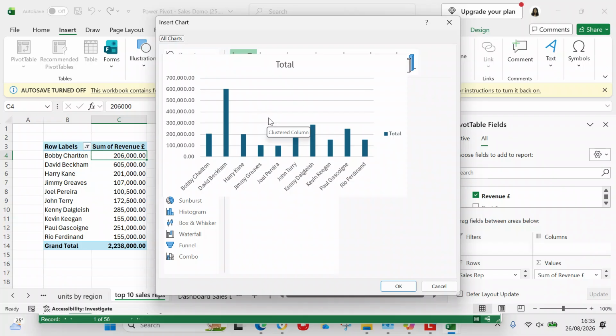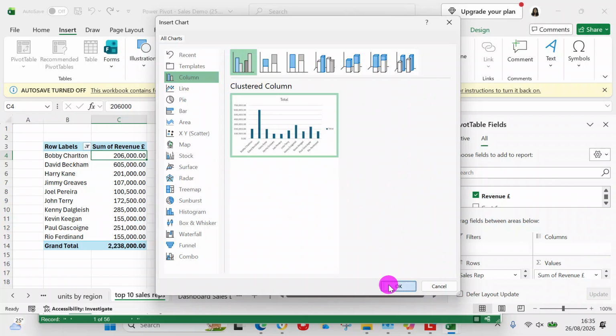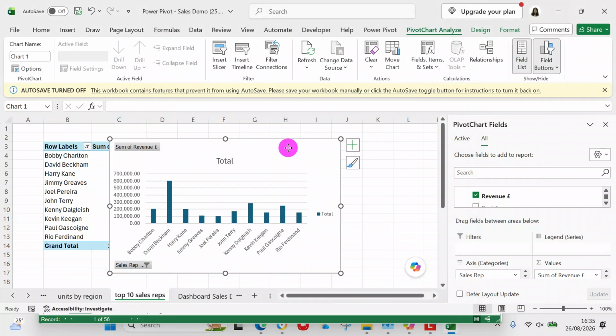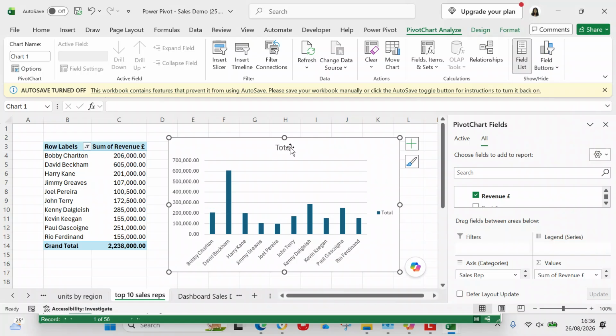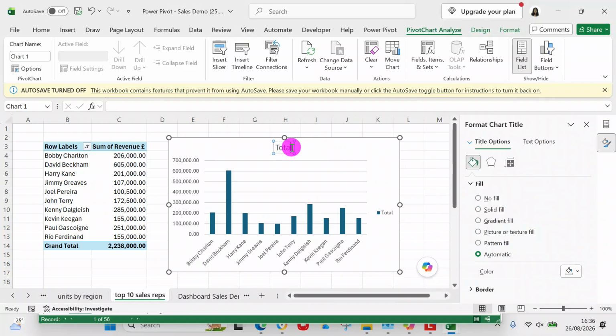And then, on this pivot chart, we're going to have a cluster column. It's going to say total. We're going to come over here to field buttons. We're going to delete all the field buttons. And then we're going to say